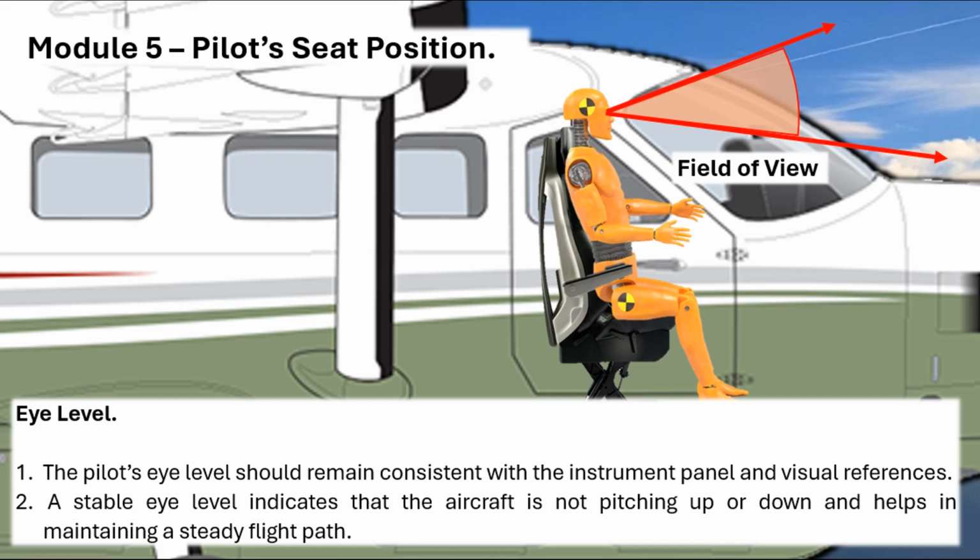Pilot's seat position. Eye level. 1. The pilot's eye level should remain consistent with the instrument panel and visual references. 2. A stable eye level indicates that the aircraft is not pitching up or down and helps